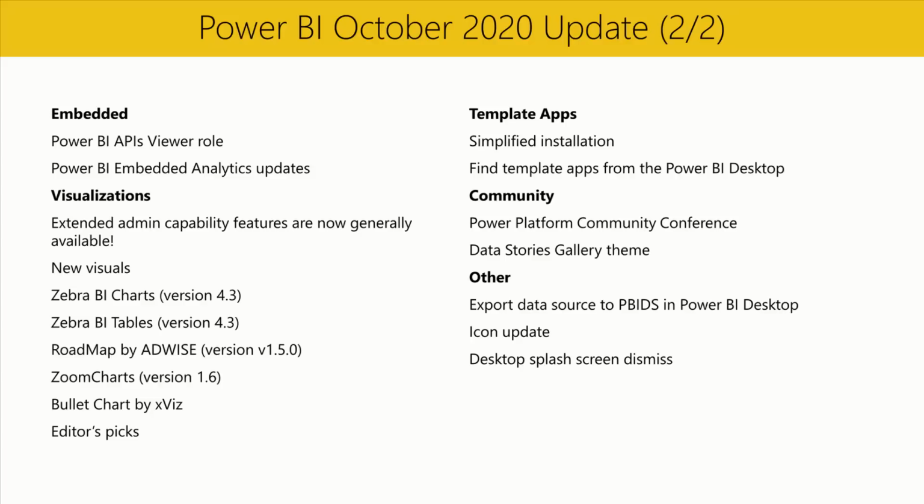Next, in the Template Apps section, we're excited to announce a new, simplified installation process for template apps. Template apps allow you to save time by connecting your own data to a pre-built report that you can personalize and share. From this month onwards, apps that support this feature can be installed with pre-populated authentication and privacy settings. We've also updated the configuration stage to include a link to the app's documentation and improved the behavior for required parameters. We have also extended support for list parameters.